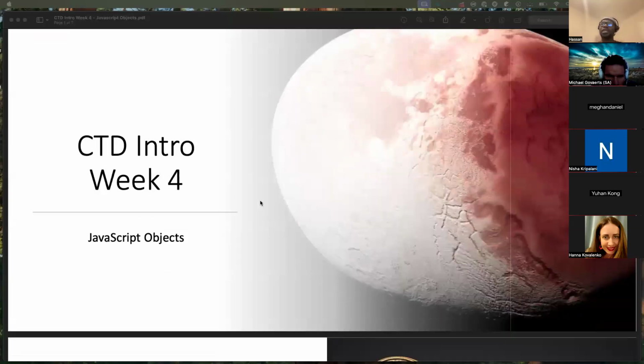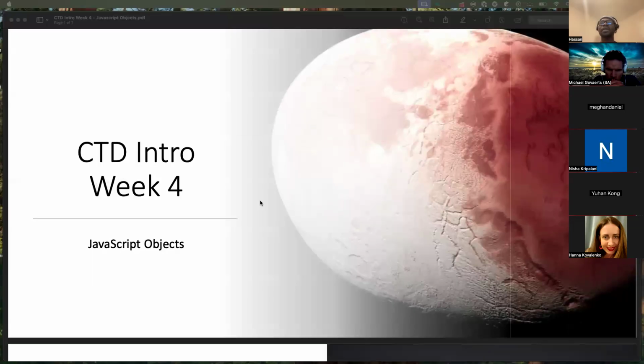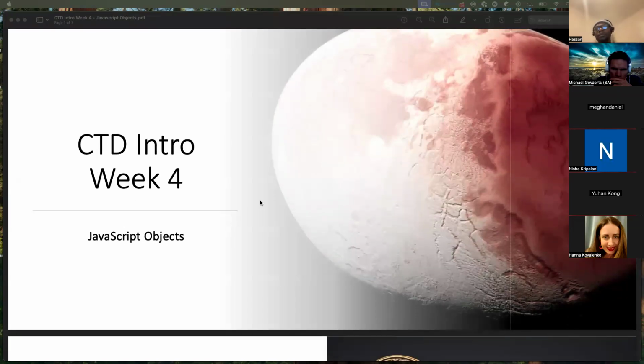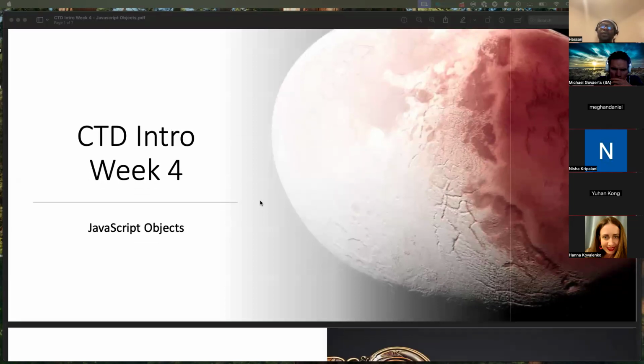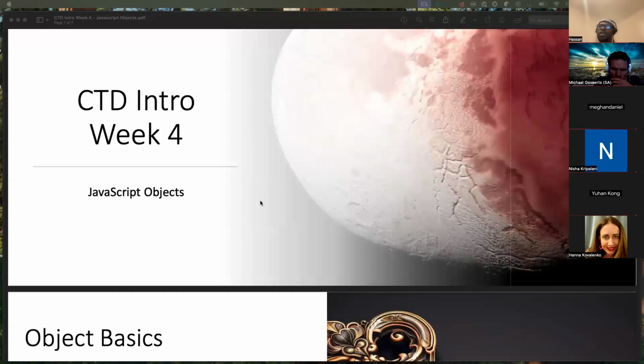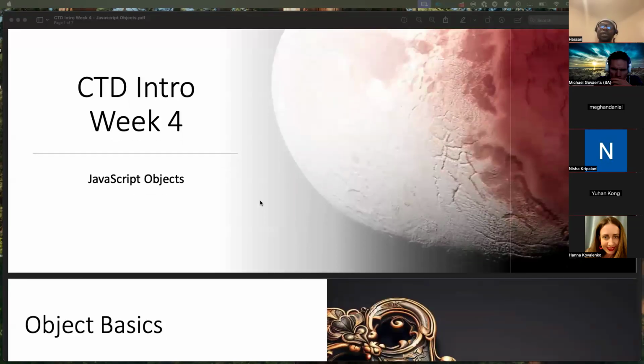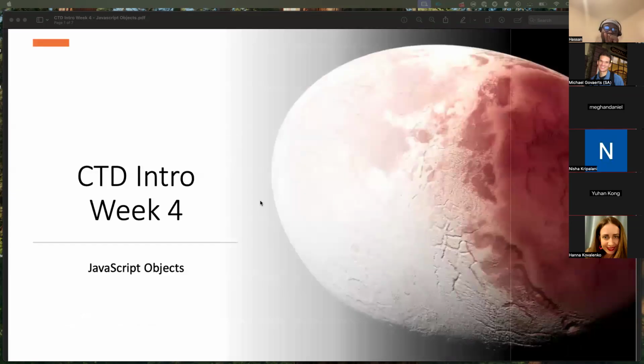So last week we started with the basics of JavaScript. We talked about variables, data types, and some other things. Just to recap, in the last session we discussed loops and a bit of JavaScript arrays. We talked about how we can iterate through an array using a for loop, and the other loops like the while loop. So this week we'll be talking about